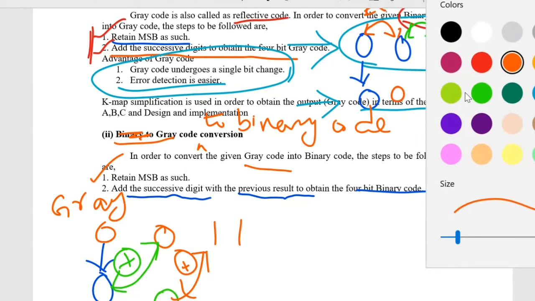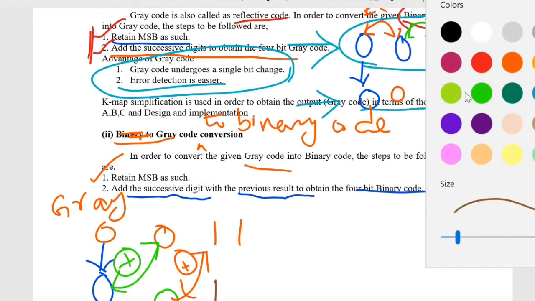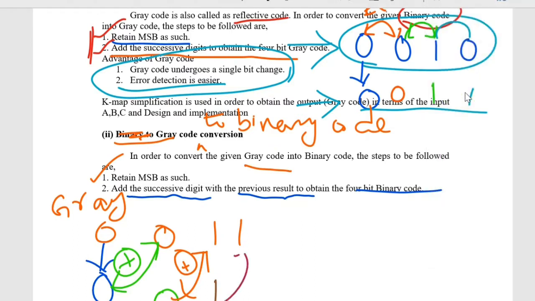The result I am getting is 0, 1, 1. Now XOR the same with 1. Now this 1 and 1 gives 0. So the binary code we got here is 0, 0, 1, 0. That is the concept.